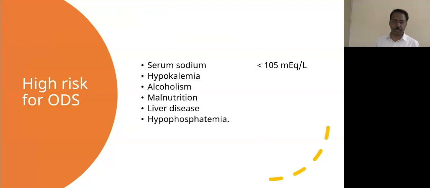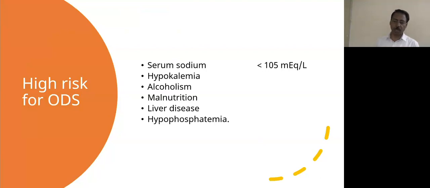So these are some risk factors for osmotic demyelination. Who are the people at high risk? Who are the people at low risk? You need to know right from the beginning, and you need to be very careful how you make your plan for management. High risk are patients who have sodium levels of less than 105, patients with